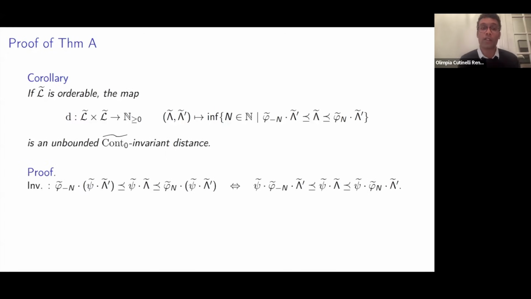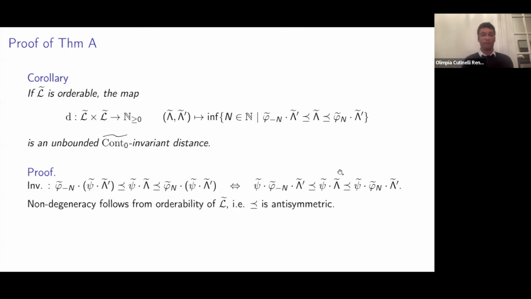So for invariance, it uses more or less only the fact that, since phi t is a loop, phi n commutes with elements of the universal cover. So it's more or less only that, and also the fact that the binary relation is invariant. So with these two ingredients, you prove invariance of this distance. Then